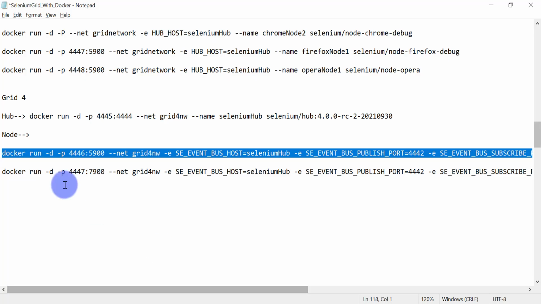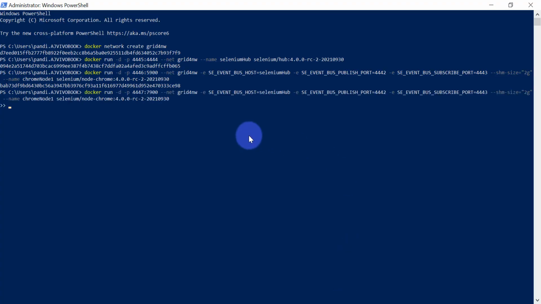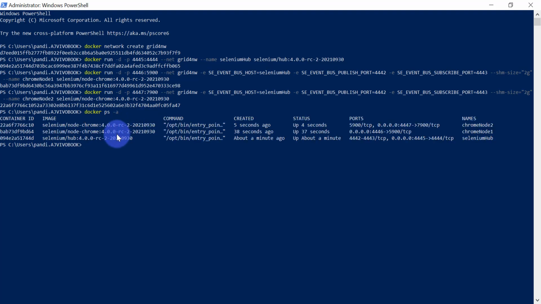Okay, and the next one will be the container running Chrome browser only, but we have exposed this NoVNC client, okay, for accessing NoVNC service from the host machine browser itself. So here we just have to change our container name. It should be Chrome node 2, as two containers cannot have the same name at the same time. So let's check the list now. Okay, so we have three containers up and running on different ports.